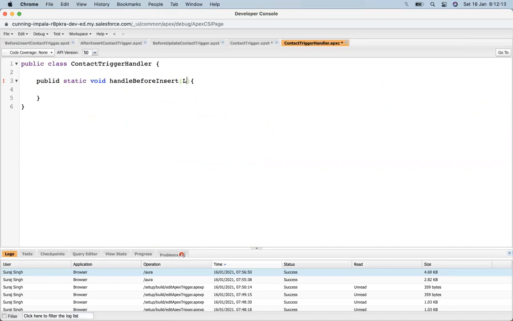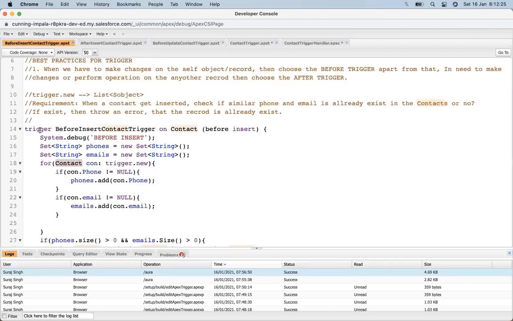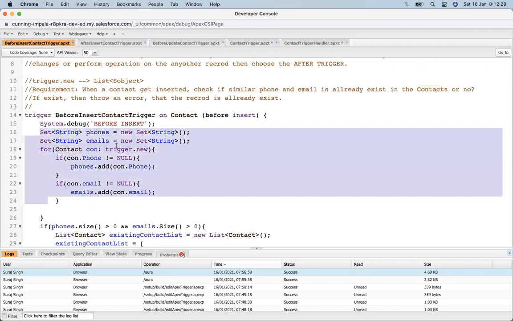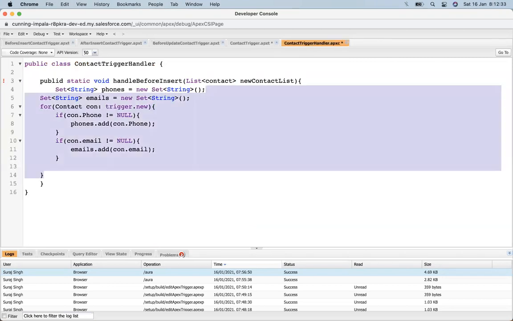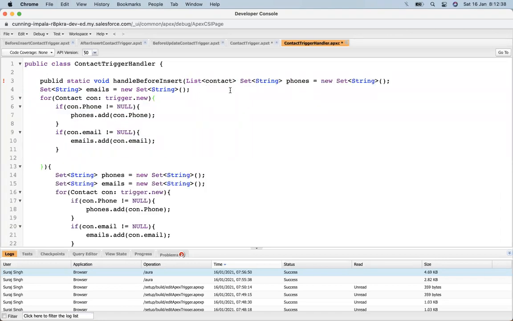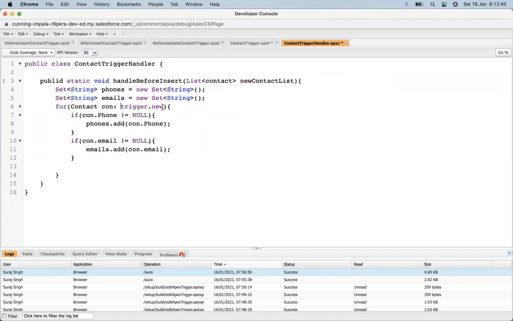So first let's declare a list of contact, and it's equal to a new contact list. Now it becomes a new contact list. Then I will come up here and copy these two things, paste them up here, replace this trigger.new with the new contact list, and hit save.